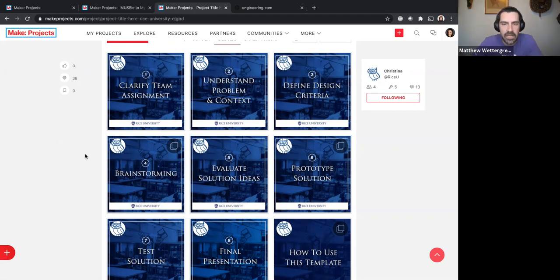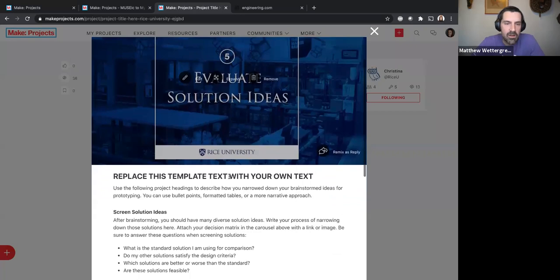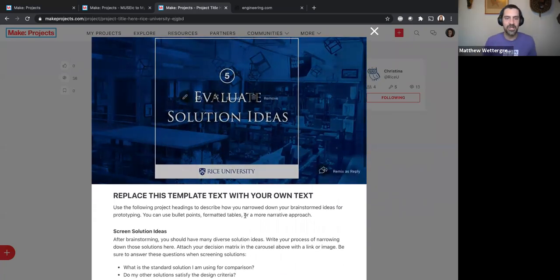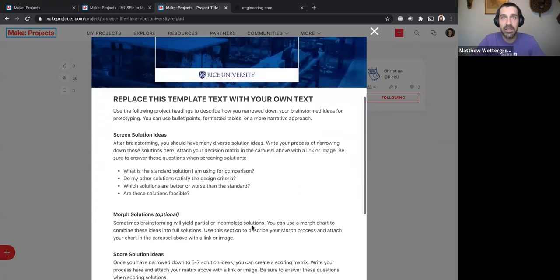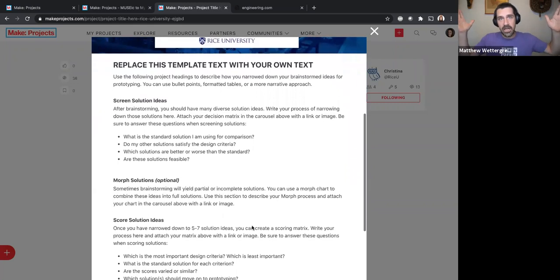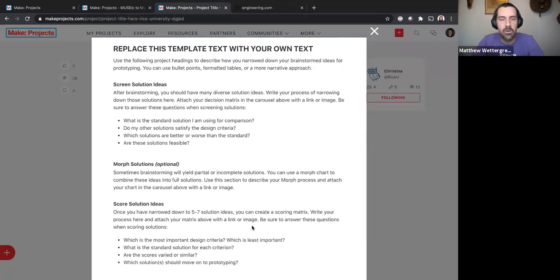And maybe if we could click into one of those, we can show how, oh, my favorite, evaluate solution ideas. So here's where students will take brainstormed ideas that are broadly divergent, and they will converge on 1 or 2 solutions that they should prototype. And so even if you are not in a class and you're just a maker working on a project, these templates help you follow step by step the engineering design process to exit with a solution that may serve your user's needs